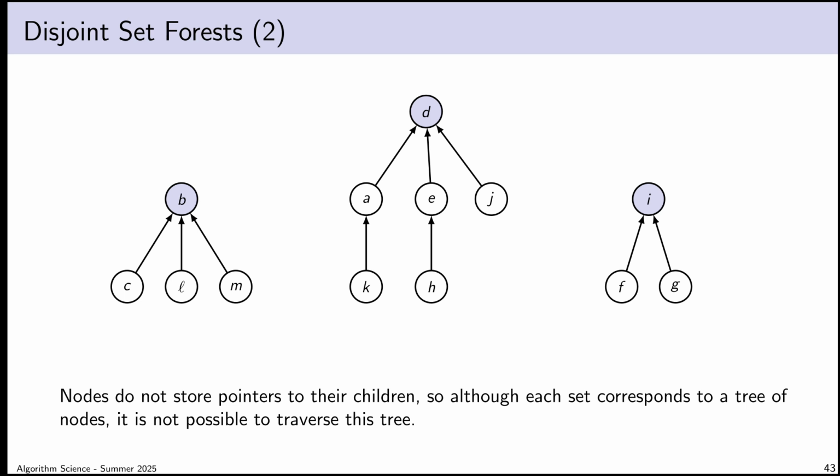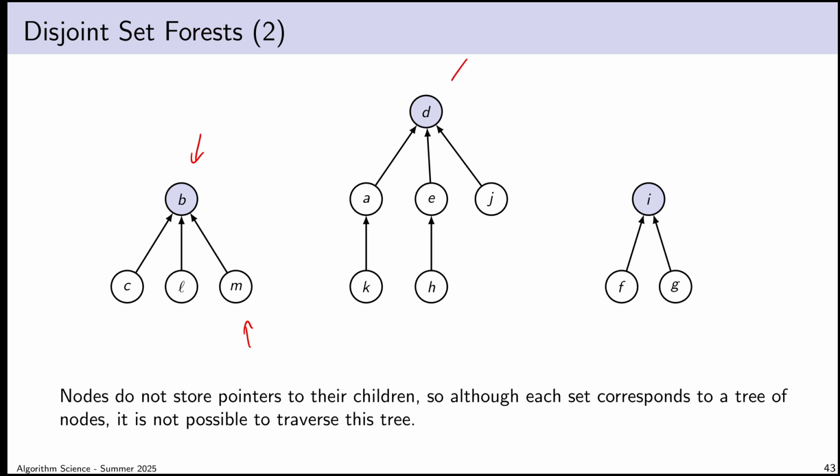Now, a note about a few things here. Notice how the nodes in this tree structure do not store pointers to their children. That can be sort of liberating because it means that we don't have to worry about things like what's the maximum number of children a node can have. Now, to be clear, it doesn't matter how many children nodes have. There is a way of representing the tree such that you can walk downwards in the tree. You could keep a list of child pointers, but we don't need that here. All I need is the ability to get from any element to a representative. I don't need to go back down. Because I am representing it this way, I have a very simple representation, which is going to be helpful for me later,